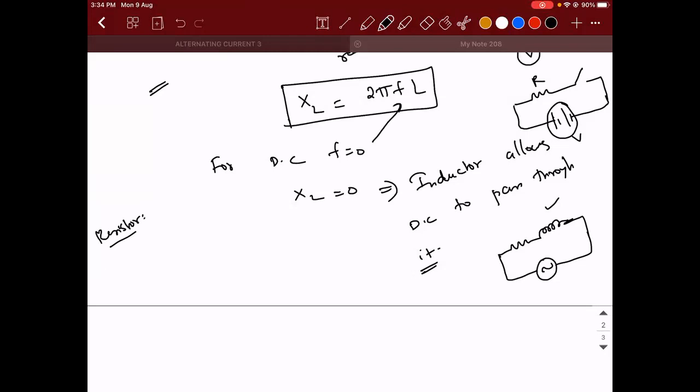But what does an inductor do? Inductor opposes alternating current. Yes, that is right. So alternating current means what is happening? Inductor opposes the rate of change of current. So that is the meaning. Instead of saying alternating current, you have to use the words: inductor opposes the rate of change of current. This point you will find nowhere in the textbook. I suggest you all write it down, please. Inductor will oppose the rate of change of current.